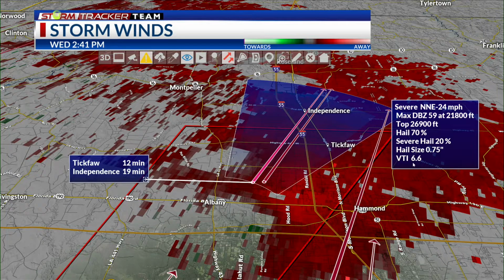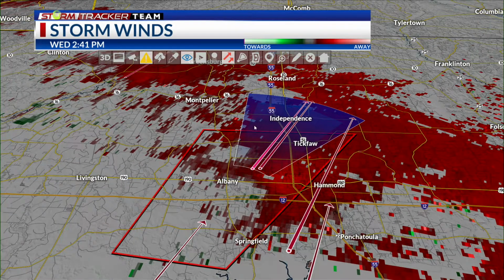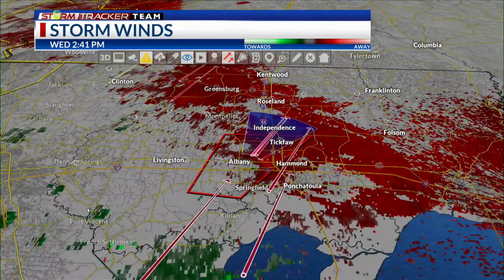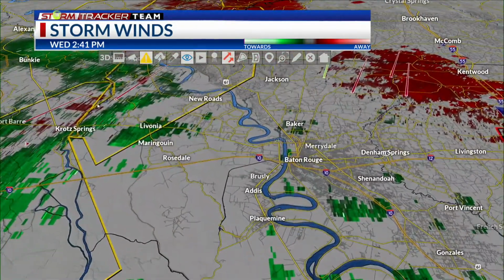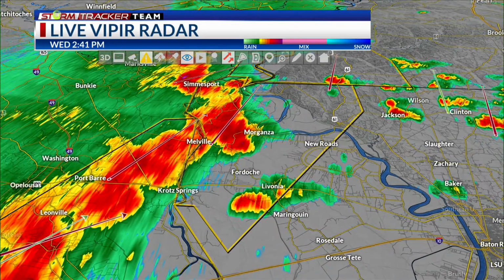So we are going to keep a very close eye out on it. If it starts to lower, then obviously we'll feel better about it. But they are going to go ahead and expire the tornado warning, so it's going to expire at 2:45. We don't have any other active tornado warnings right now, but other than that one, I do want to stress that the